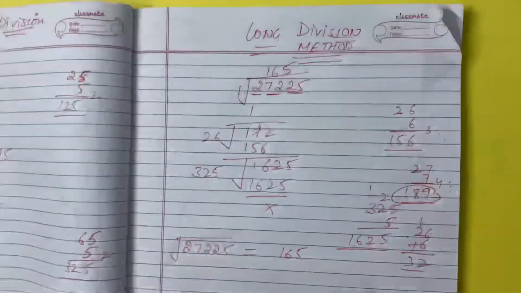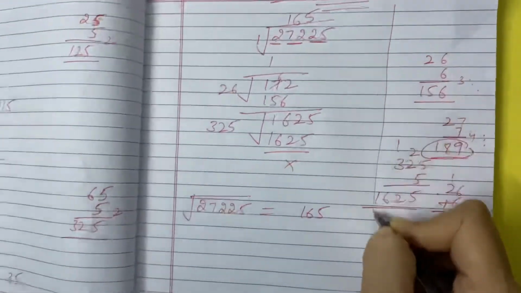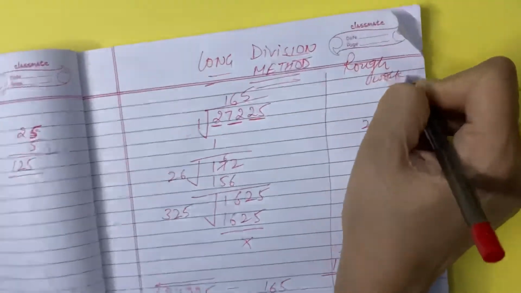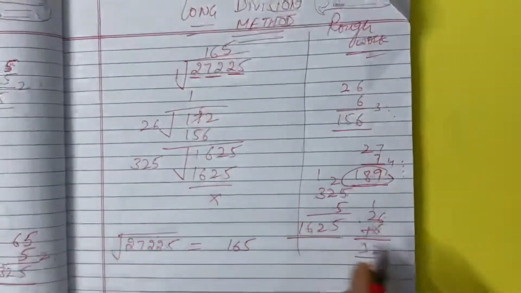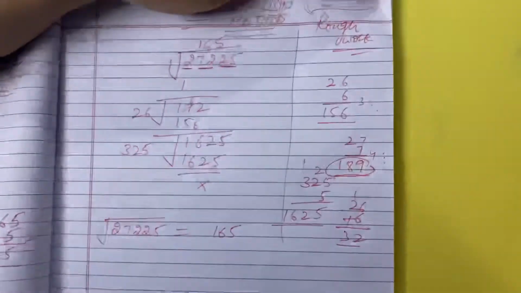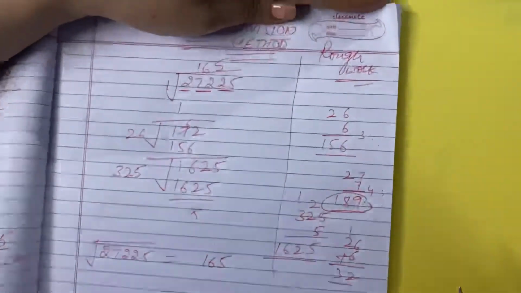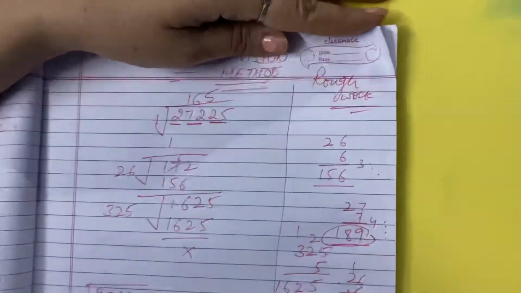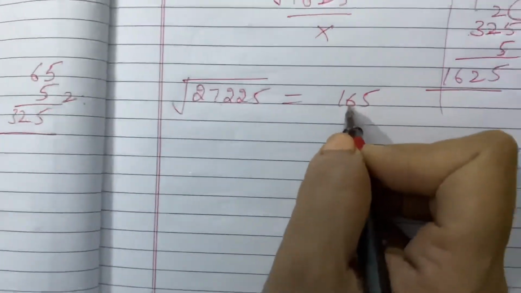Guys, it is very important to go step by step during examination, otherwise your marks can be deducted. So I suggest you just mark the margin as rough work and do the calculation there. Some students develop the habit of doing the calculation at the back of the copy, which is not a good idea. The student should draw the margins and do the calculation there, and it will make a very good impact on the examiner also. So guys, the square root of 27,225 means 165.